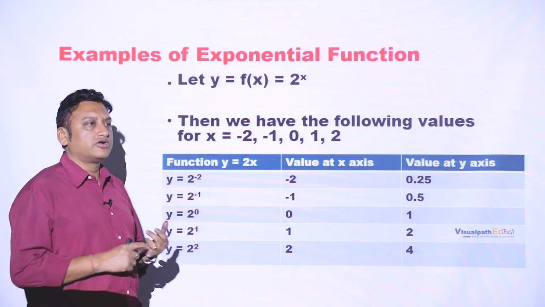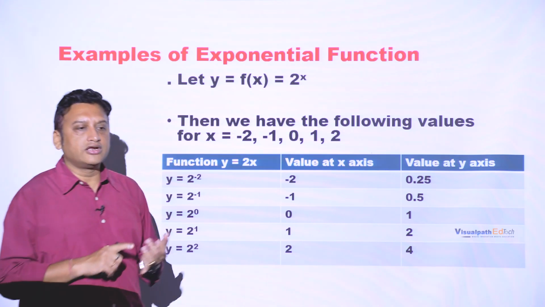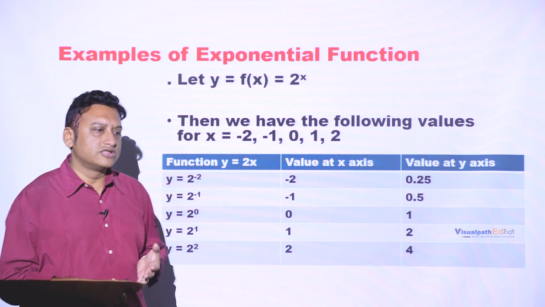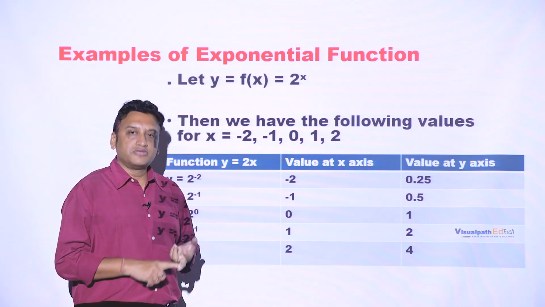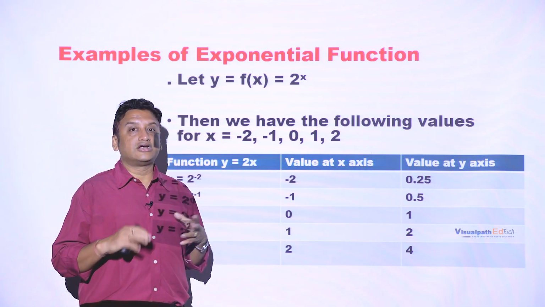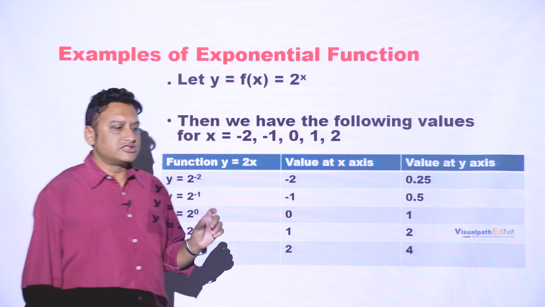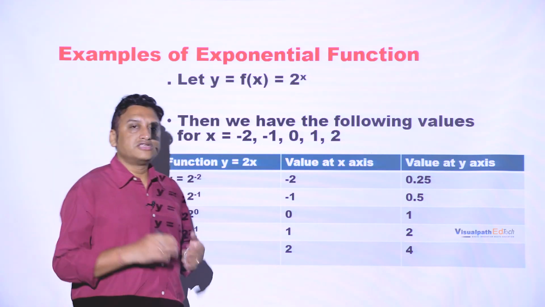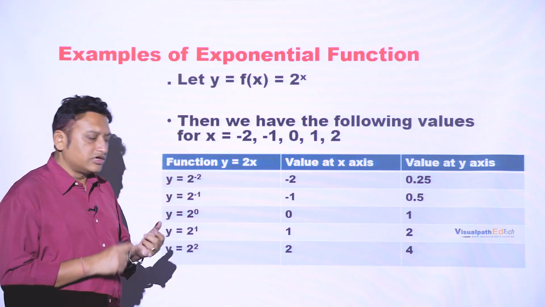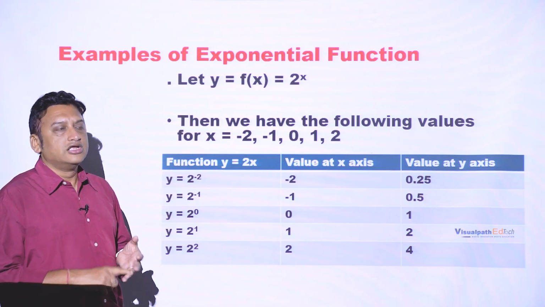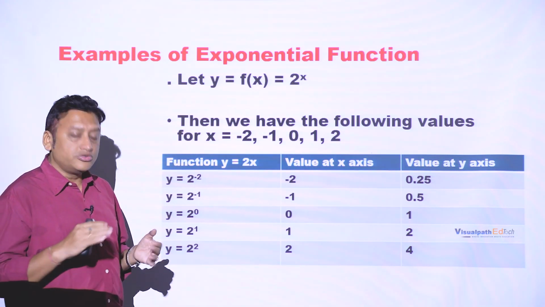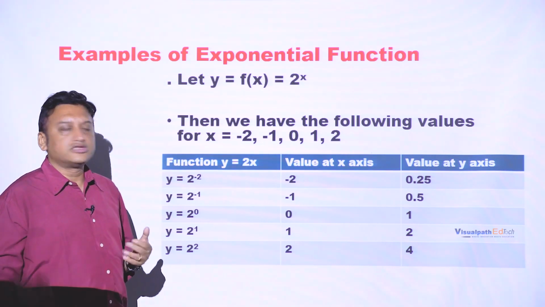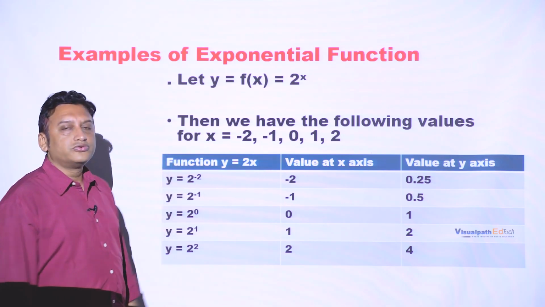Let's do a quick recap. What are the different types of functions we have discussed? Today we have discussed linear functions, quadratic functions, then polynomial functions. We also talked about the different types of polynomial functions. On the basis of the number of terms, we have monomial, binomial, trinomial and so on. On the basis of the degree, we have linear polynomials, quadratic polynomials, cubic polynomials. We also have a constant polynomial or a zero polynomial, and so on and so forth. Then we moved to